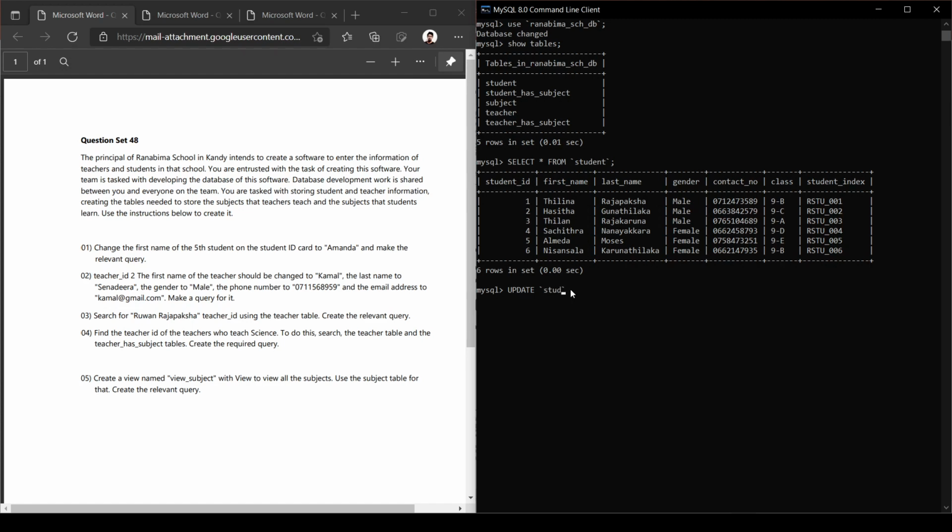So we need to update the student table, and then there's a keyword called set, and then we can mention our attribute and the updated values. So in the first name attribute, we need to update the first name attribute as Amanda.